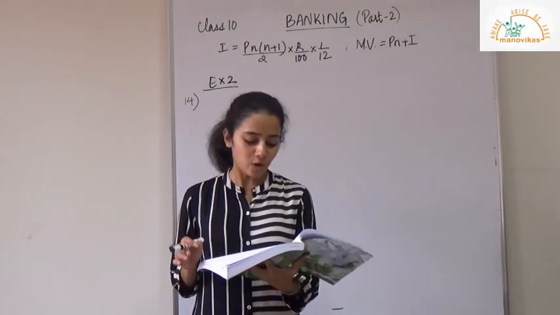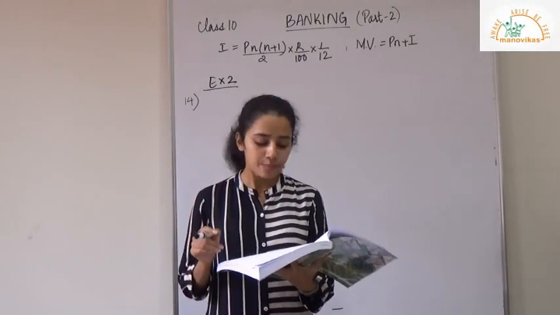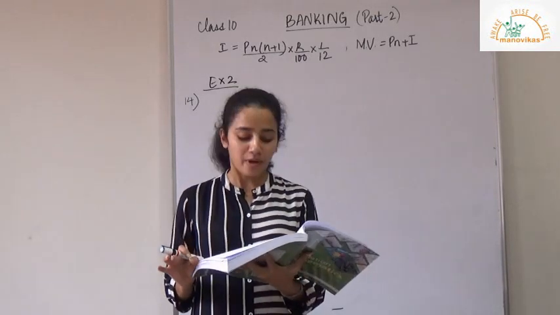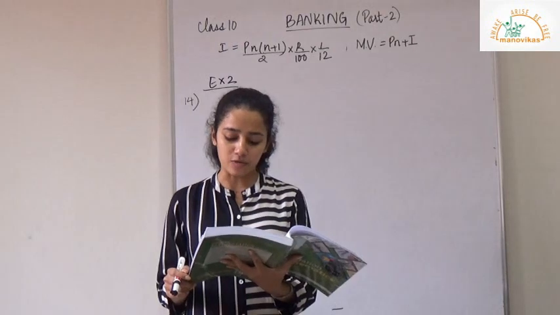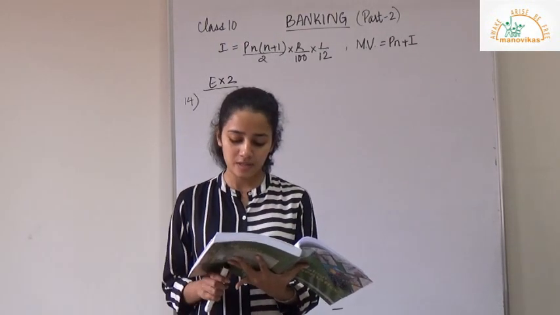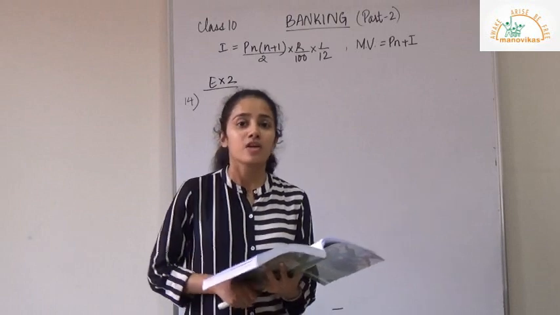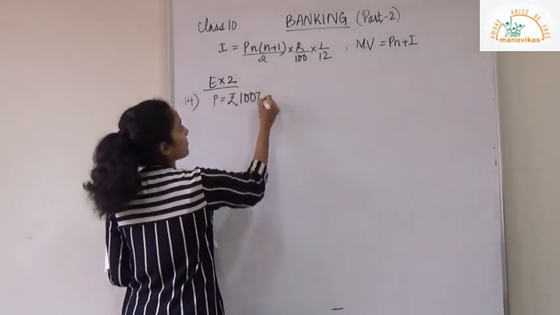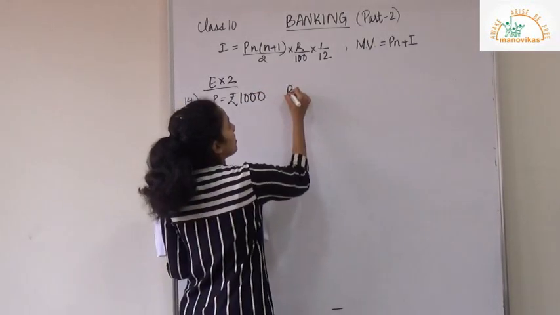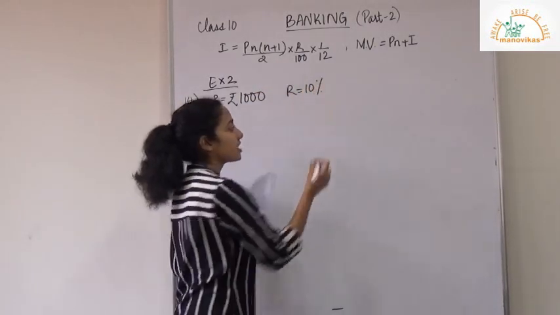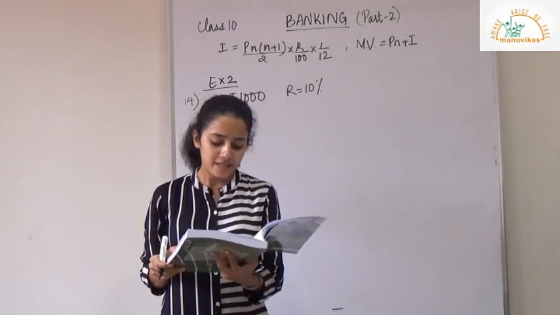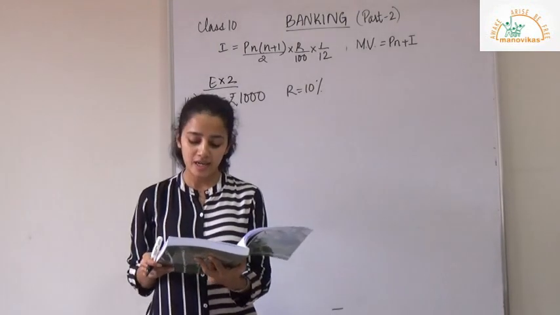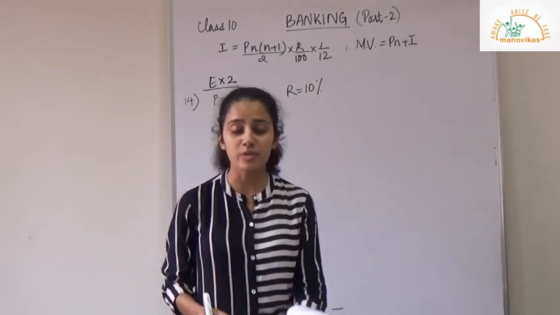Let us consider another problem, problem number 14. You can again pause the video and read the problem and write down in your notebooks what is given. So you have Preeti has a recurring deposit account of rupees 1000 per month at 10% per annum. So the principal here is rupees 1000 and the rate is 10% per annum. If she gets 5,550 as interest at the time of maturity, you have to calculate the total time for which the account was held.